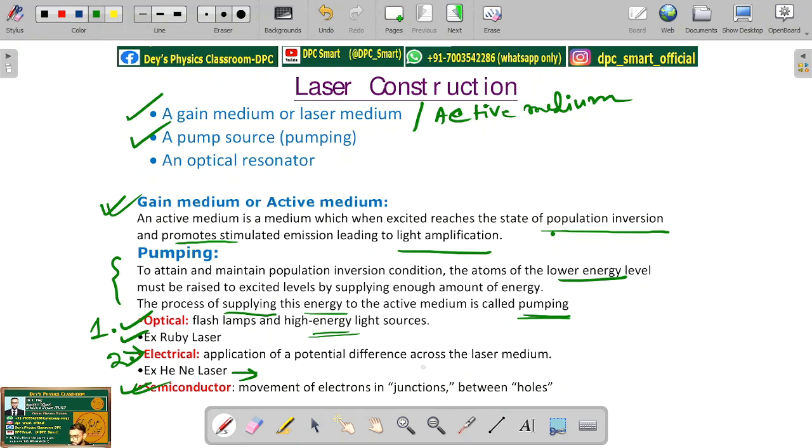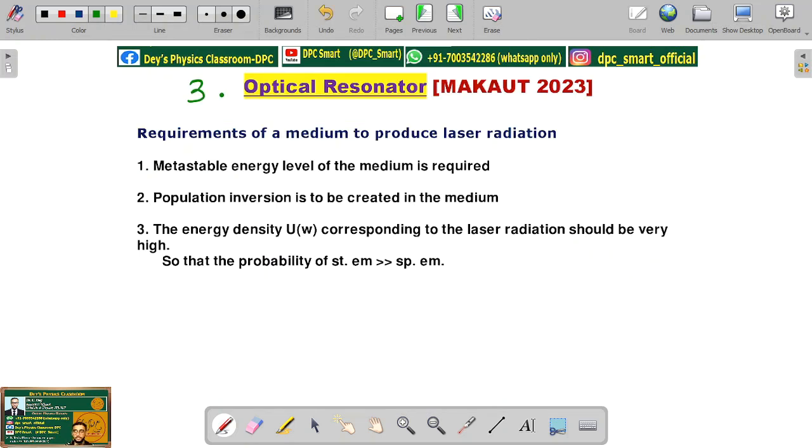That is the process which is called pumping in semiconductors. So these are mainly three types of pumping which are significant to produce laser in the lasing medium. And the third component to construct a laser is called the optical resonator, and this came as a